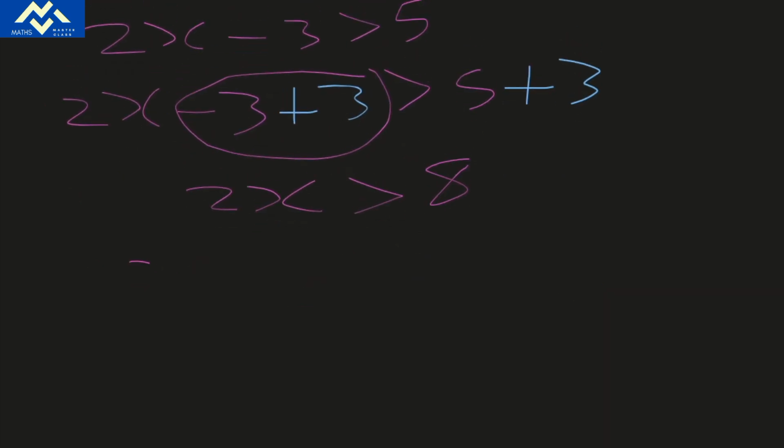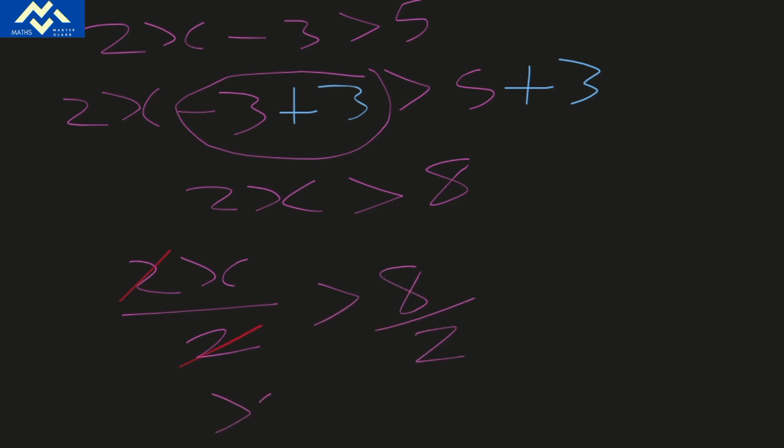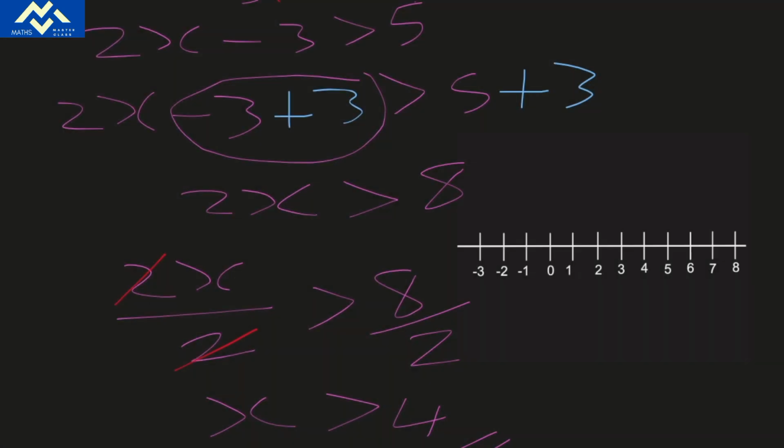Next, divide both sides by 2, which is the coefficient of x. And the answer is x > 4. Let's represent it on the number line. Since 4 is not included, we'll draw an open circle at 4, then draw the arrow pointing to the right, because we're looking for values greater than 4. And in interval notation, since 4 is not included, we use a parenthesis, so the interval notation is (4, positive